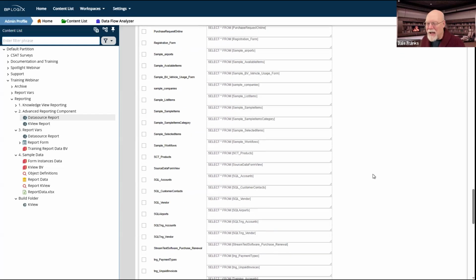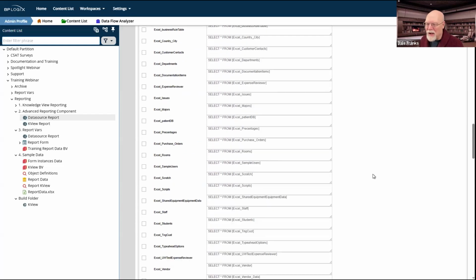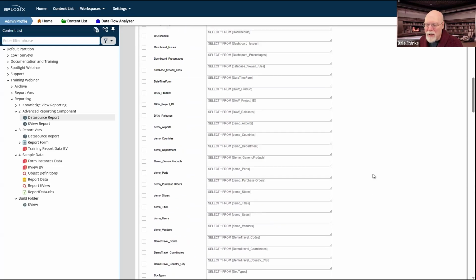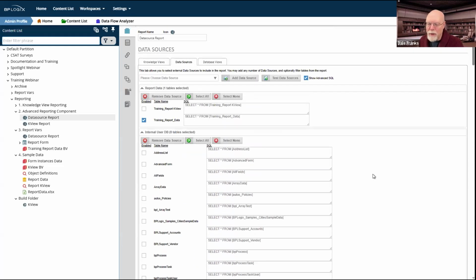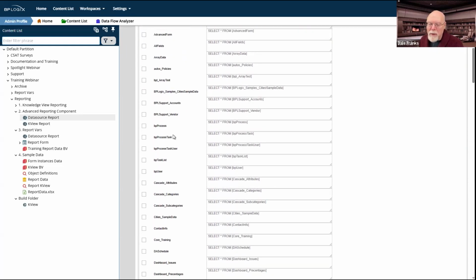All of my city data, all of the stuff that I've done, and all of the webinars, all of that data is available to me. And when I hit Show Advanced SQL, now I can take these basic things like BP process task, right? That's a view that's just built into Process Director. And as a default, it just wants to select star from BP process task.